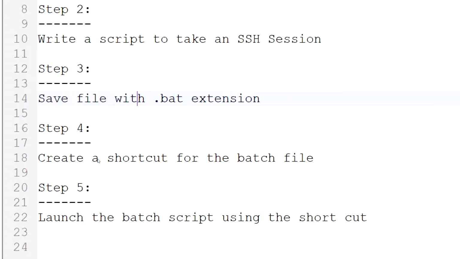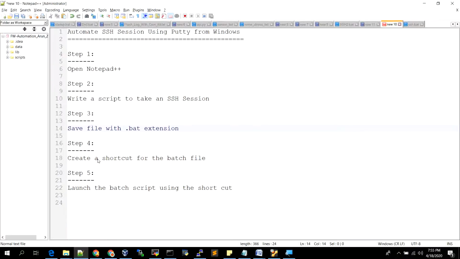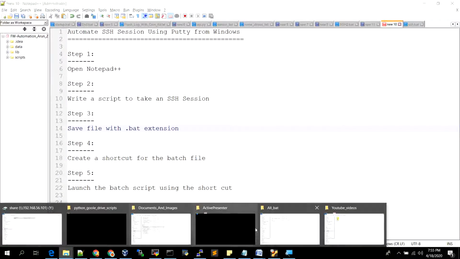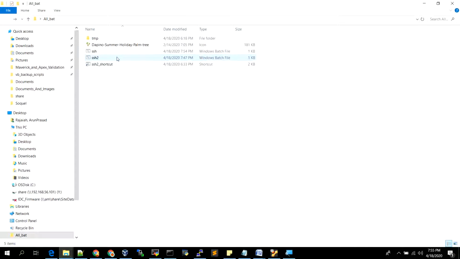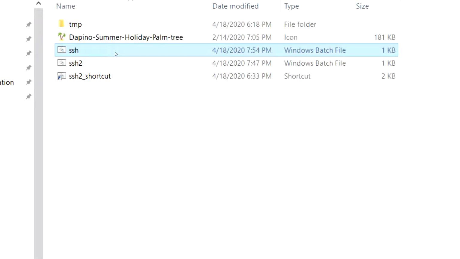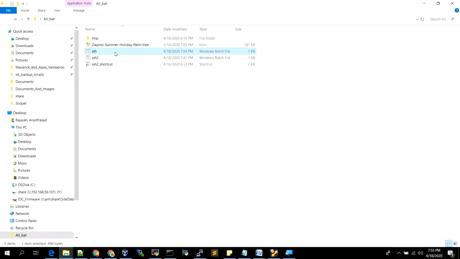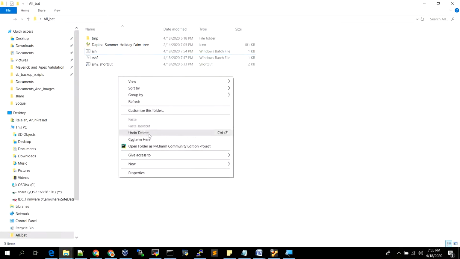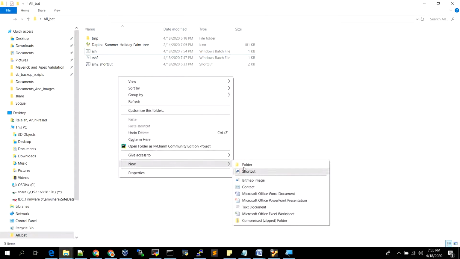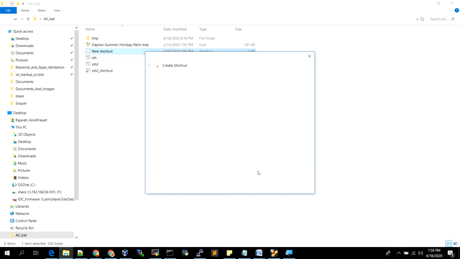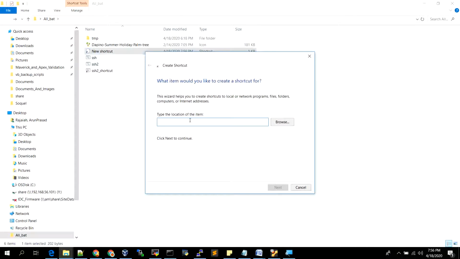So now create a shortcut for the batch file. This is the file we have created. We are now going to create a shortcut for the batch file. Give the location of that particular file.